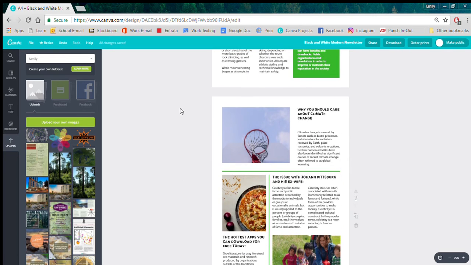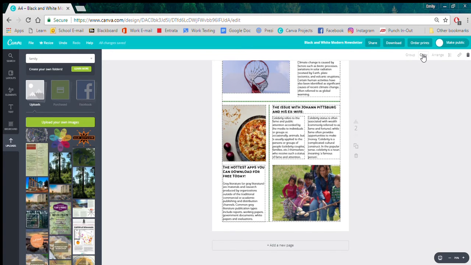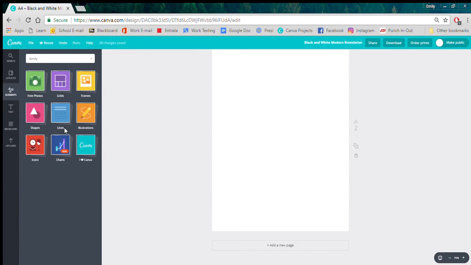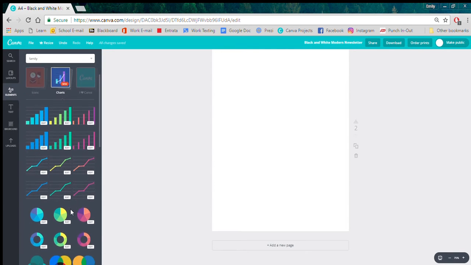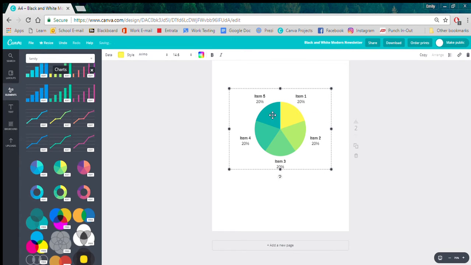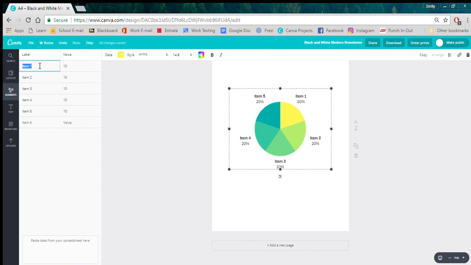So now I'm going to explain a little bit more about the Elements tab. We're going to throw all this away by putting it in the trash. Go back to that Elements tab and go to the charts. So the charts are really great if you need to present data in a visually pleasing way. We'll start with a pie graph. So pick your graph, and then you can double click on it over here, and then you can add your